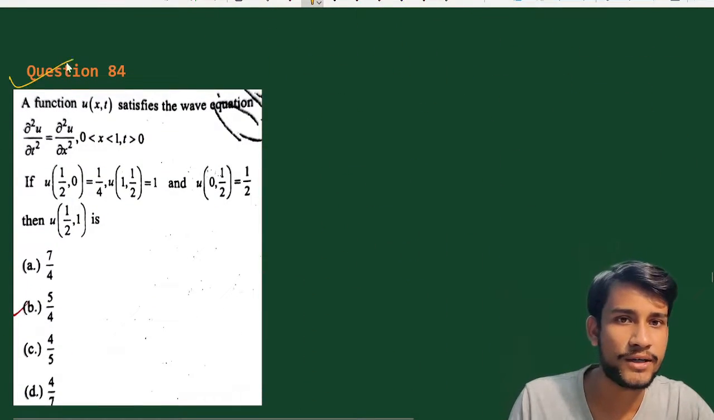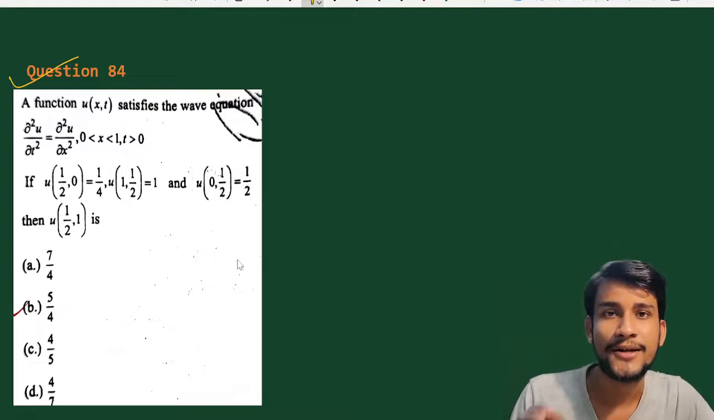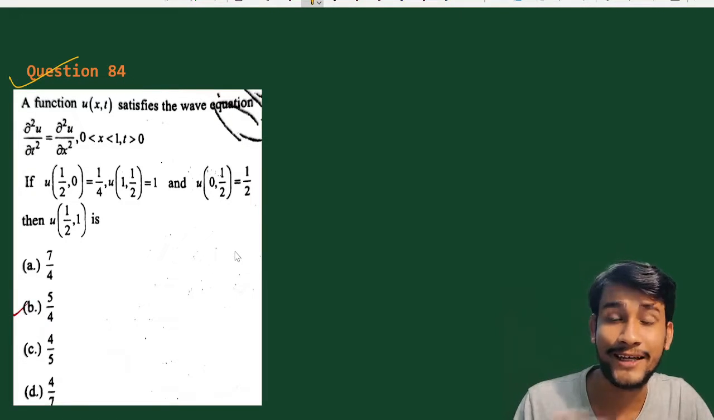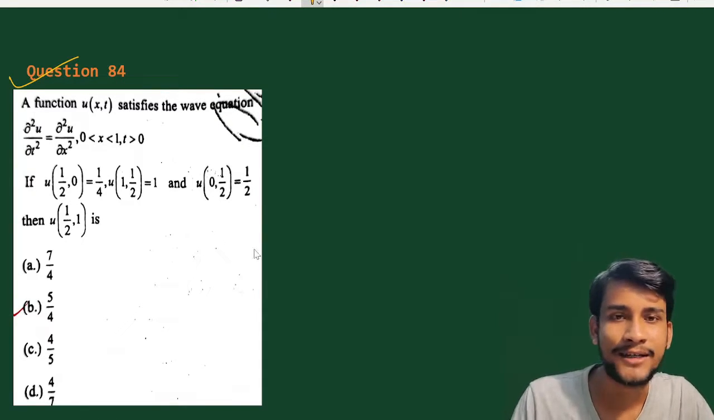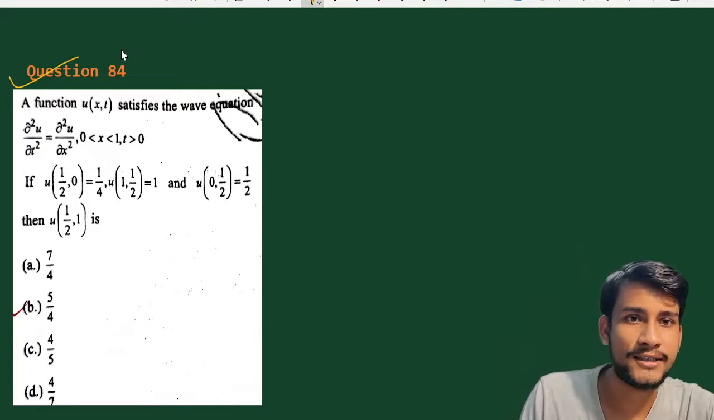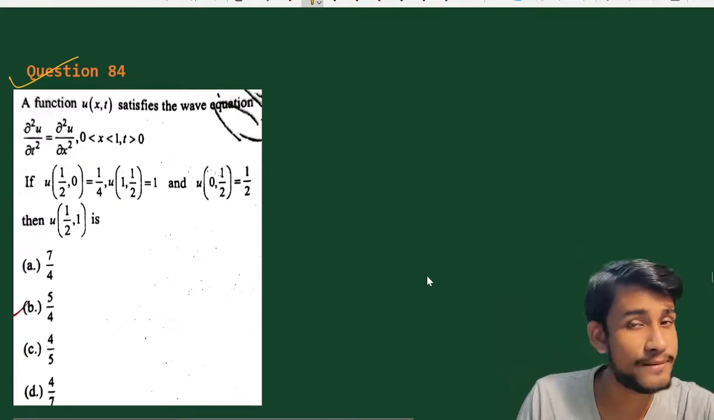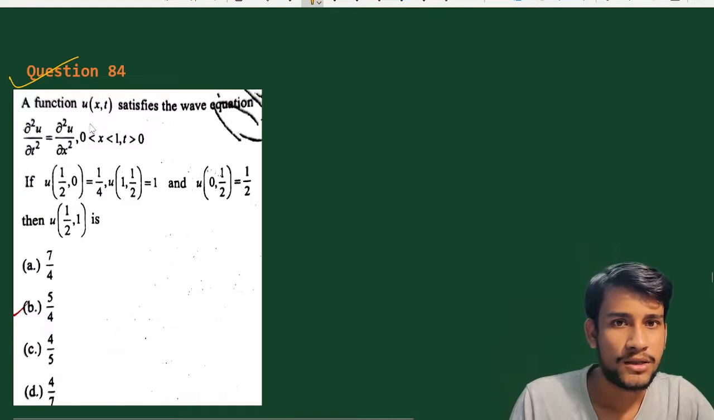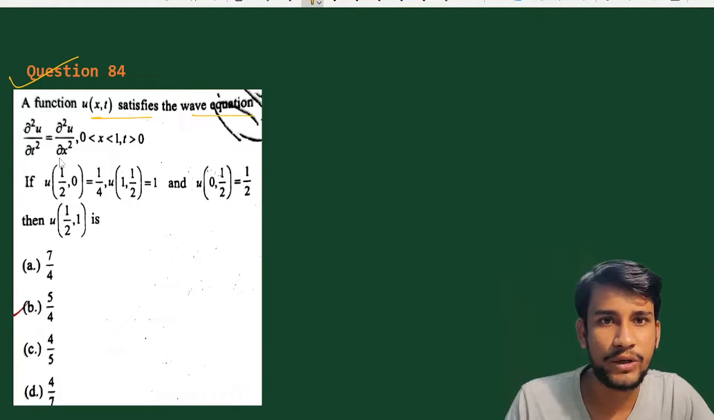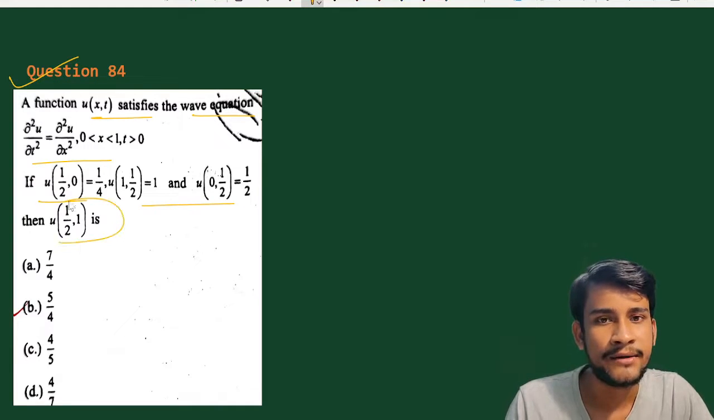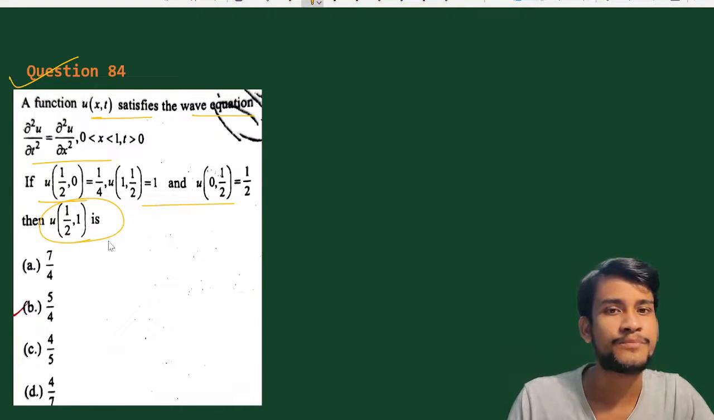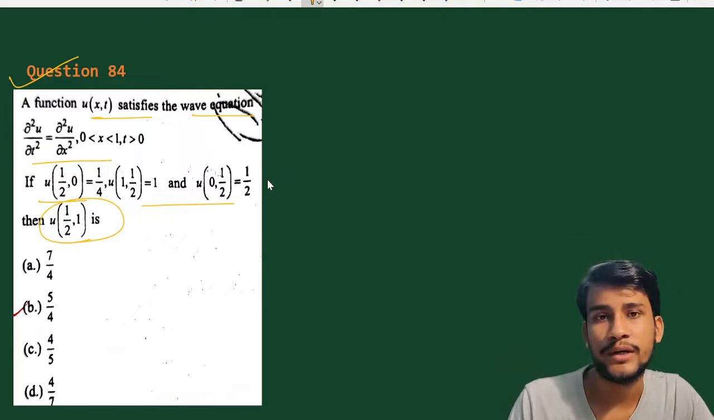नाउ गो टू द नेक्स्ट क्वेश्चन, ये भी एक इंपॉर्टेंट देखो इंटरेस्टिंग आज का जो सेशन है, मतलब इस सेशन में प्रॉब्लम्स जो है एक अच्छा खासा प्रॉब्लम्स में यहाँ पर लेके डिस्कस कर रहा हूँ यहाँ पे, ठीक है। आई थिंक दिस क्वेश्चंस आर वेरी इंटरेस्टिंग एंड डिफरेंट टाइप्स ऑफ प्रॉब्लम्स, ओके। सो देखो a function u(x,t) satisfies the wave equation, if these conditions are given then the value of u(1/2, 1) will be, okay।